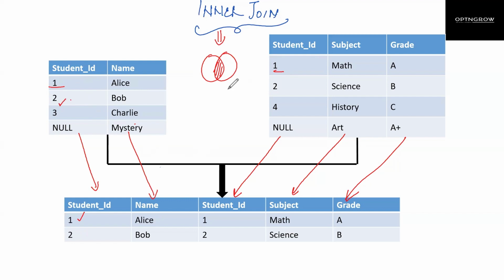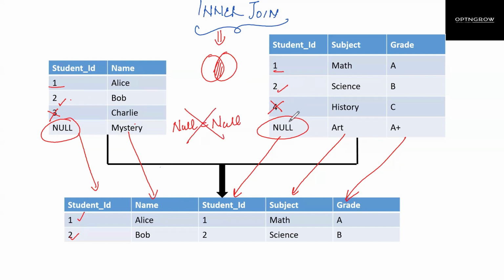2, again, is common between the two tables, so we are getting 2. Perfect. But we are not getting 3. Why? Because it's not common between the two tables. Also, the same case with 4. Now, if you see null, you may think that null is common, that null is equal to null. That's completely wrong.